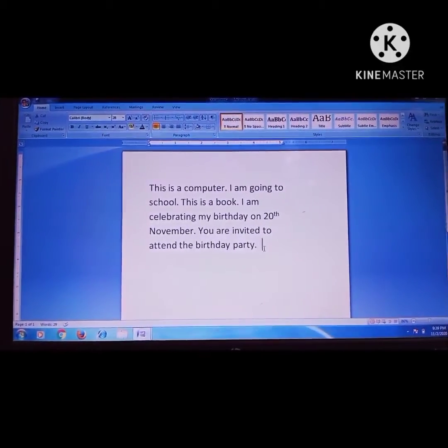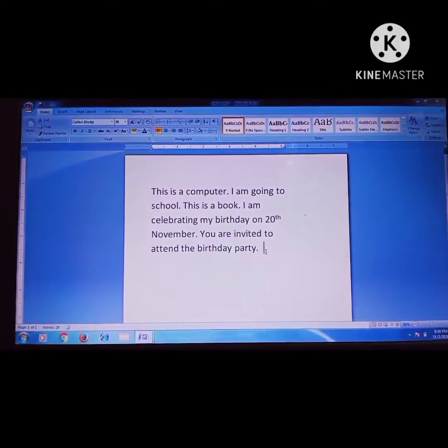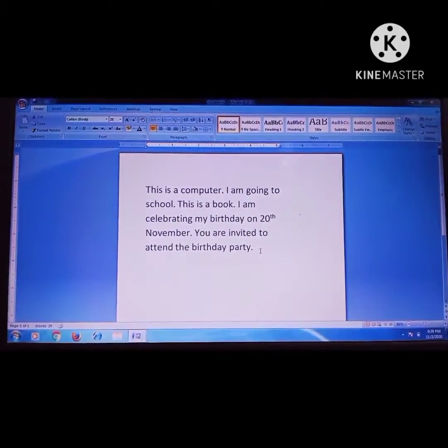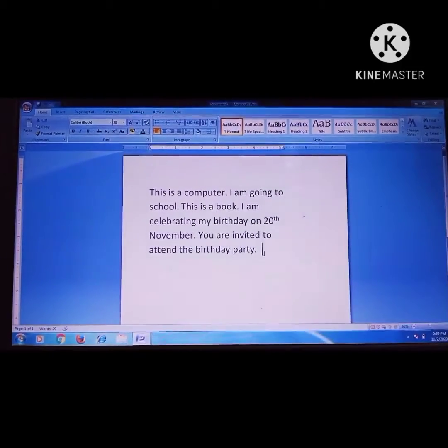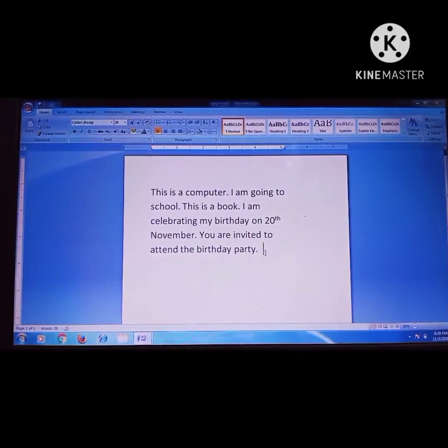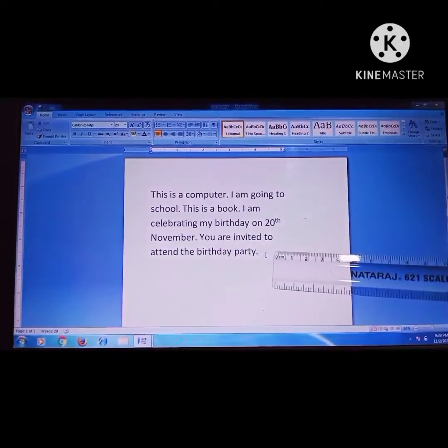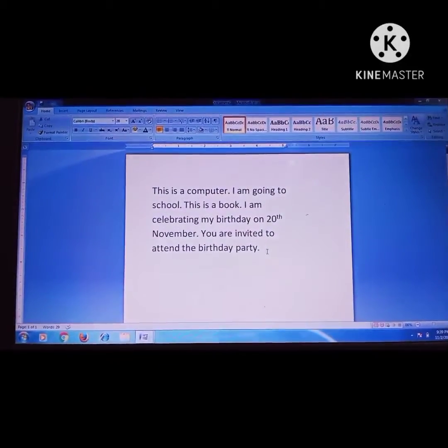Children, you will find that when you type the text, your cursor will automatically shift to the next line. And if you want to start any text from the next line, you have to press the Enter key.